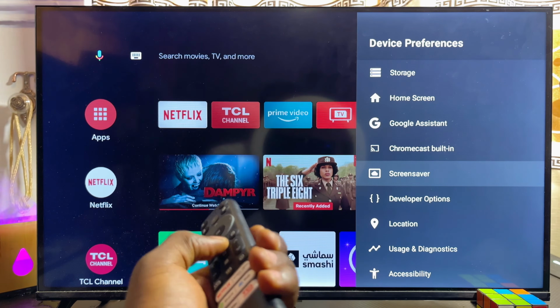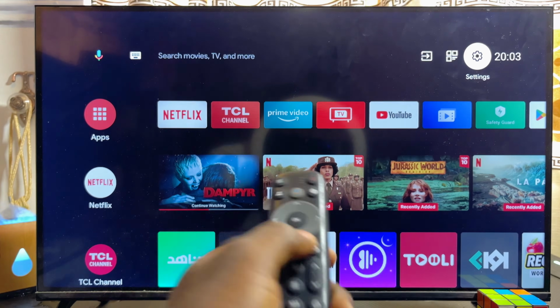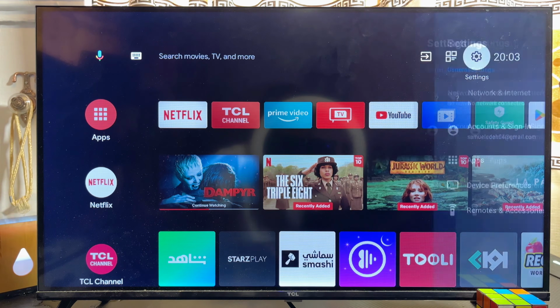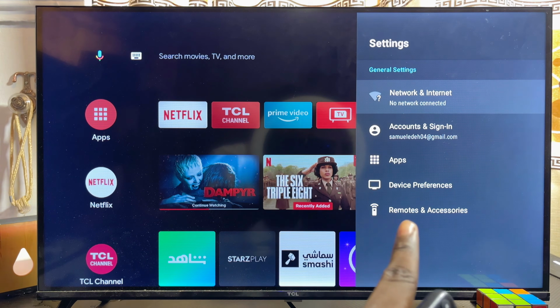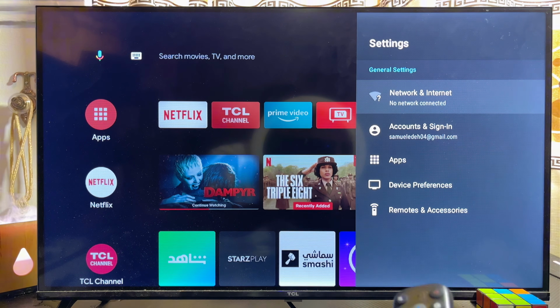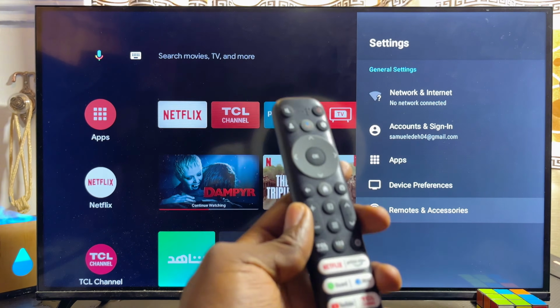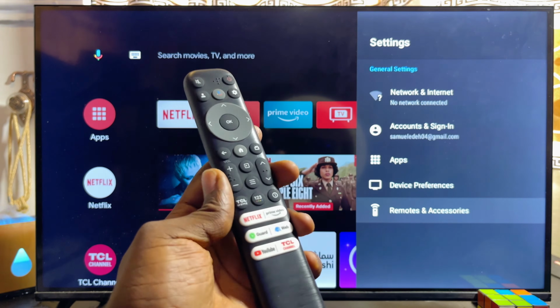But if you do not find it here, another way to actually find the picture settings is to head over to the settings again, and then you're going to see it just after the device preferences over here. You're going to see either TV settings or picture settings just after the device preferences, and then you want to go and select it. And then lastly, in some Android TVs, basically what you want to do is to press